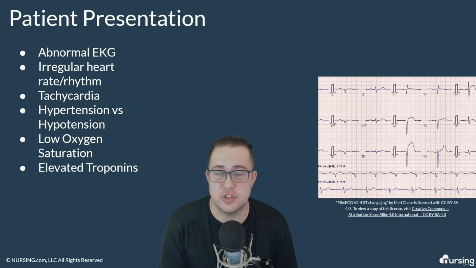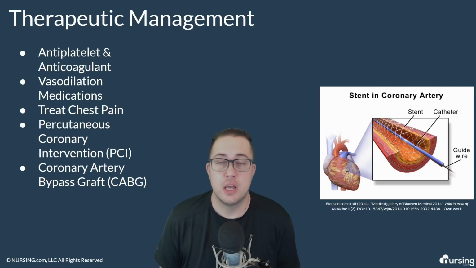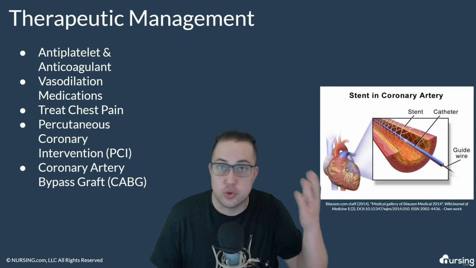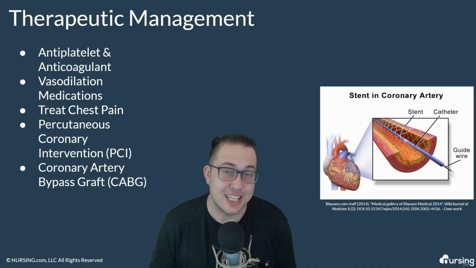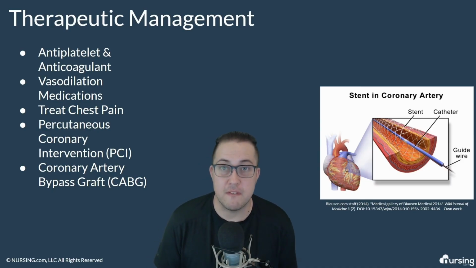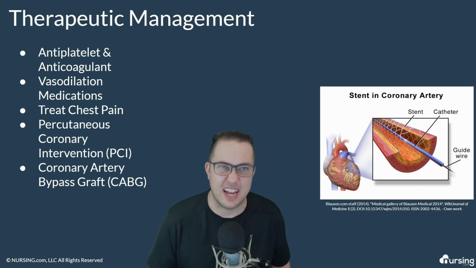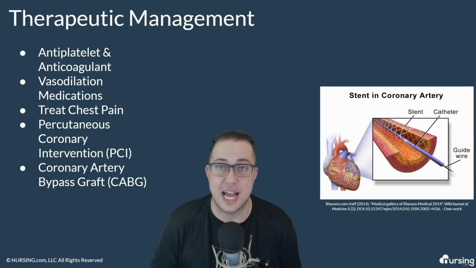So trending these troponins are going to be important so that we can know the extent to which a patient's heart may or may not be damaged. So what are we going to use? What kind of medications or treatment modalities are we going to use for patients with MIs? You're going to see, pharmacologically speaking, antiplatelets being given, such as aspirin, to prevent further platelet aggregation to that clot within that coronary vessel. Also anticoagulants, such as IV heparin.